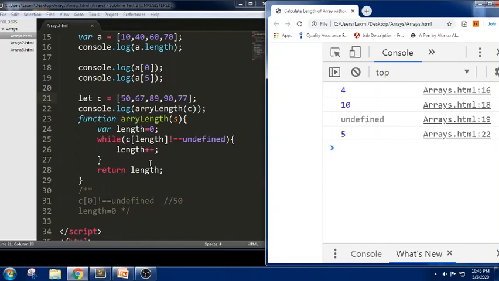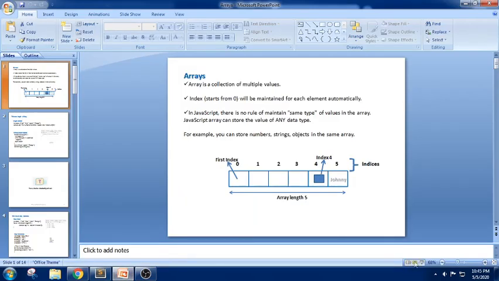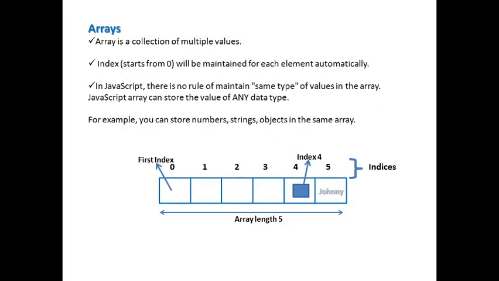Let us look into the presentation part of this snippet. We started with an array intro: an array is a collection of multiple elements. It starts with 0 and the index is maintained automatically, and there is no rule that it should hold a similar data type. It can store multiple values of number, string and object in the same array.